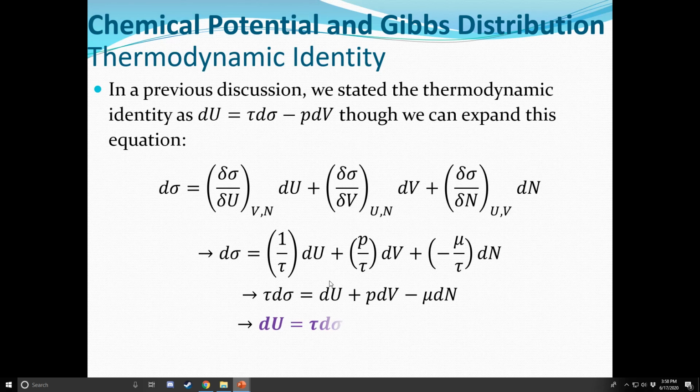And then move it around so we have du equal to everything else, and we end up getting this. So now we're adding a new type of term to this equation. So we're just building on this equation to include more types of energies. So the internal energy not only is taking into account the heat added to the system and the work done on the system, but is now going to take into account essentially the concentration potential energy of the system,